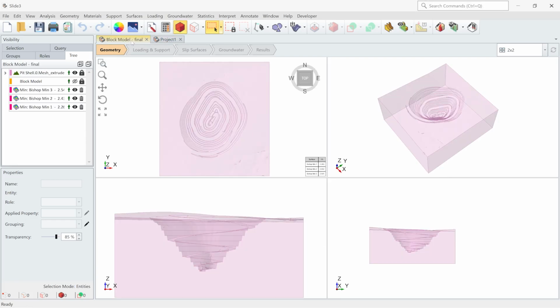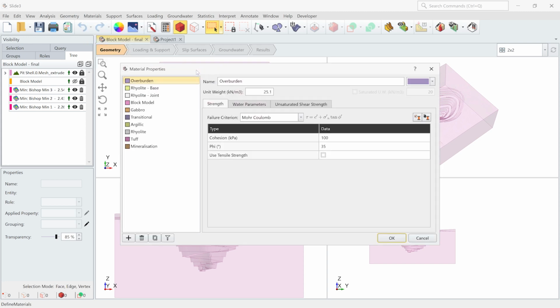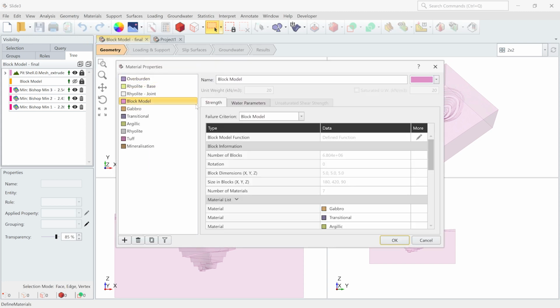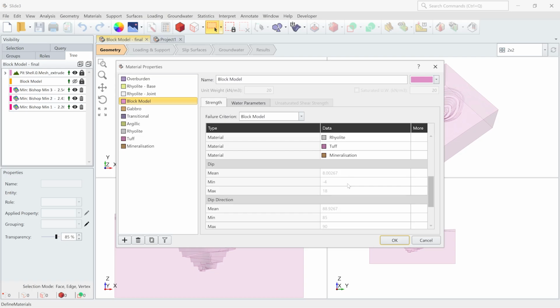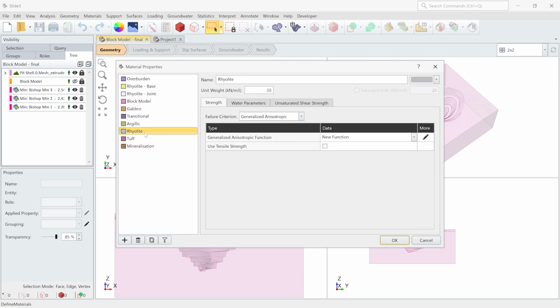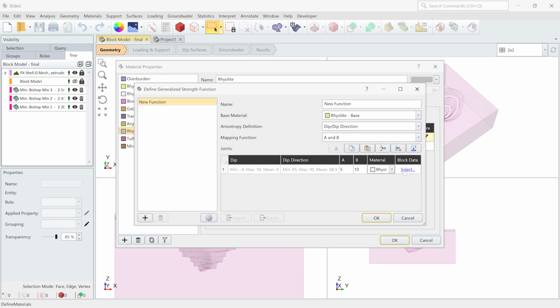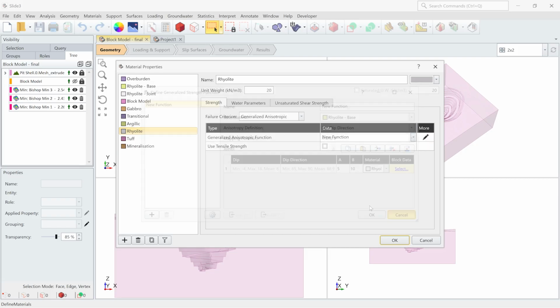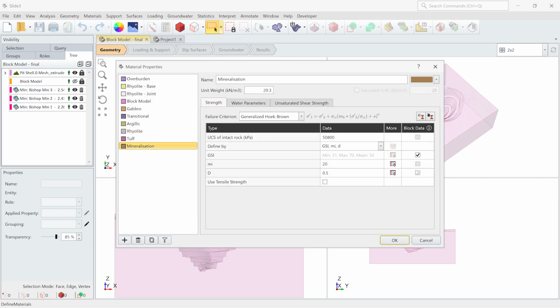So this is the block model I prepared in advance. You can see here that we have the block model material. It has all these material properties. It has GSI, dip and dip direction at block level. For example, for this rhyolite material, if you go to the properties, you can see that dip and dip direction are at the block data level. And you have the minimum, maximum, and the mean value for these parameters as well. For mineralization, you can see that the GSI is selected at the block level, and we have the minimum, maximum,